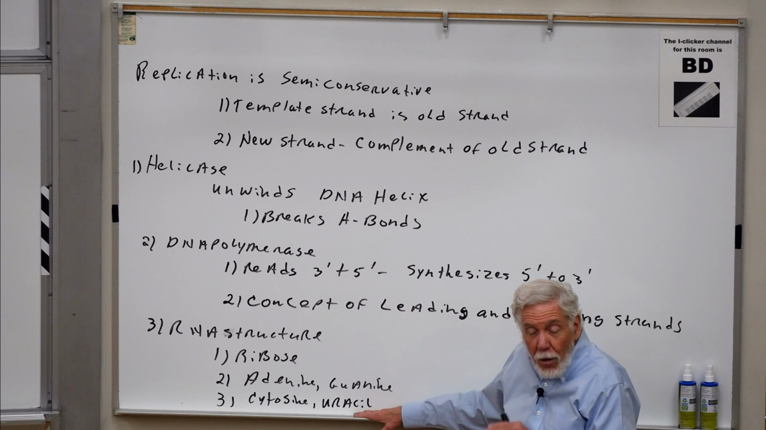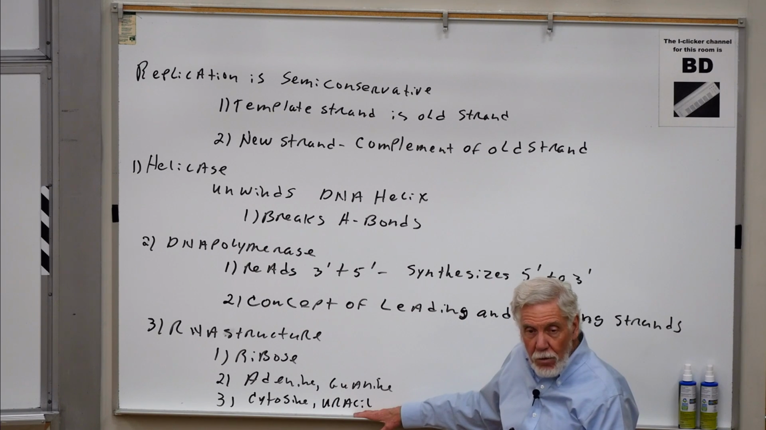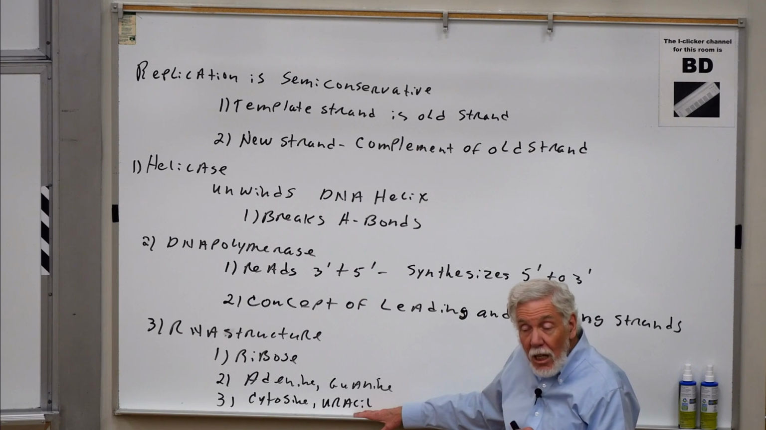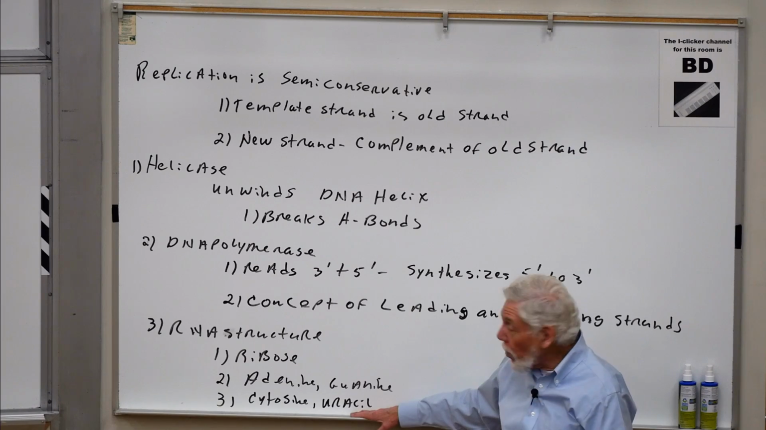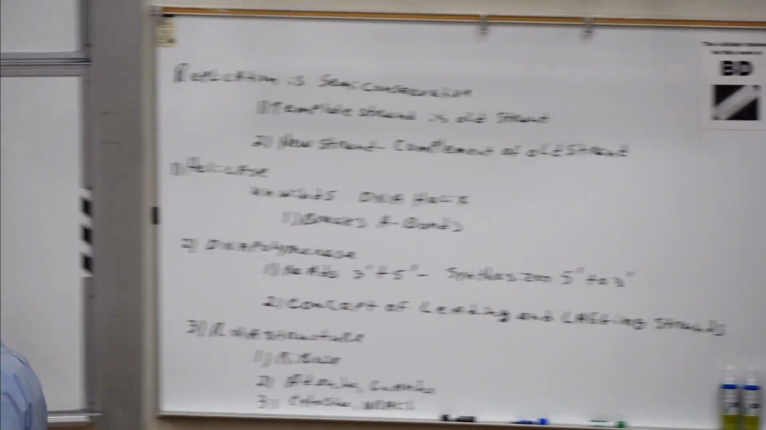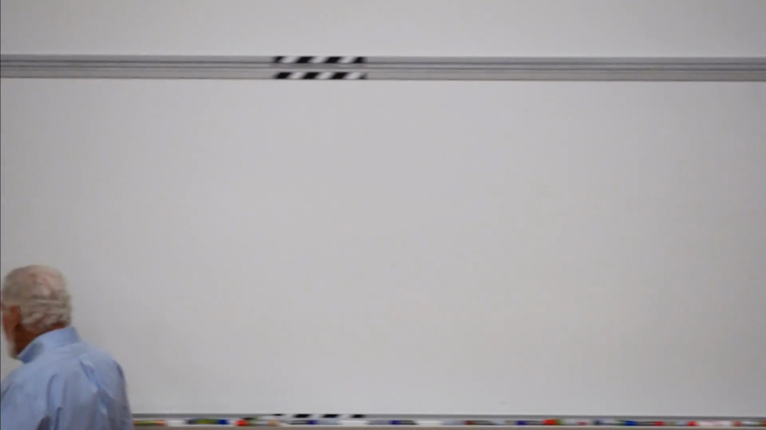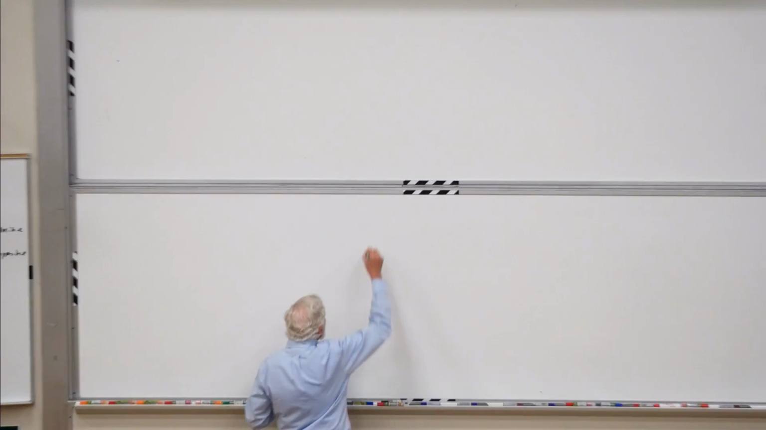But uracil and thymine are remarkably similar molecules. Thymine is nothing more than 5-methyluracil. So the only distinction between a thymine and a uracil is this methyl group on the uracil to make thymine. But let's start here with DNA